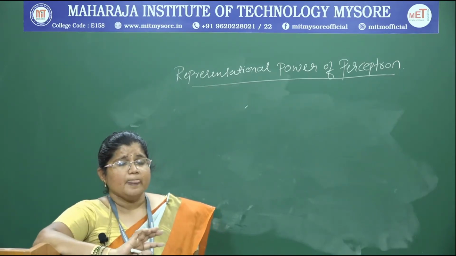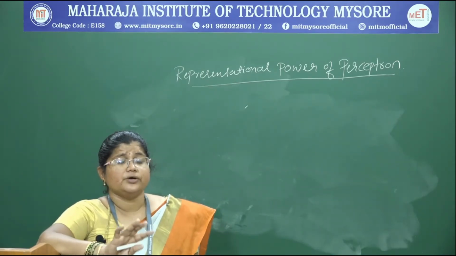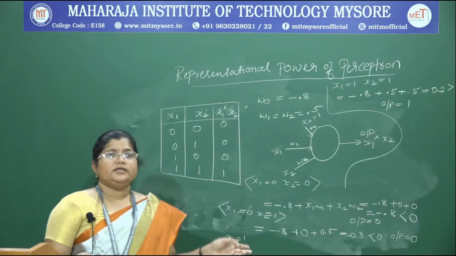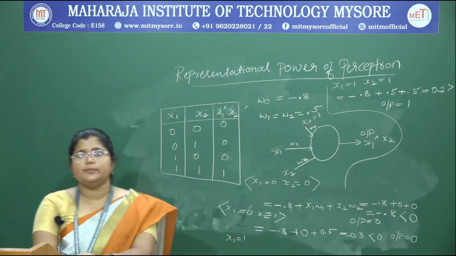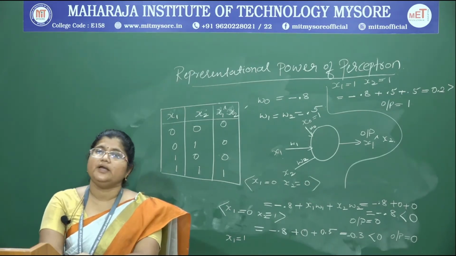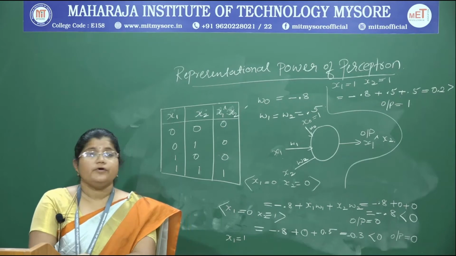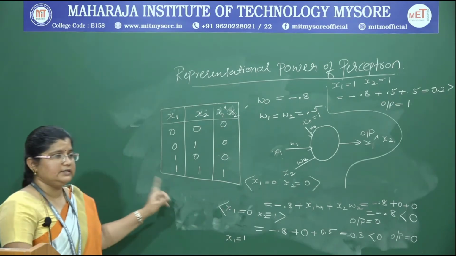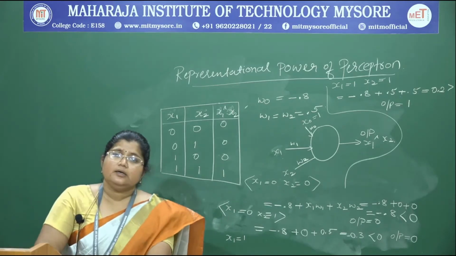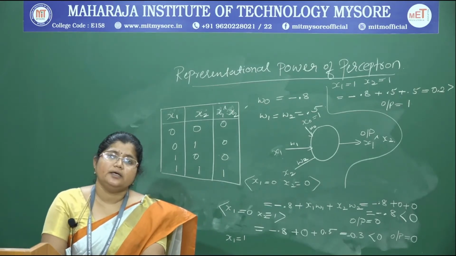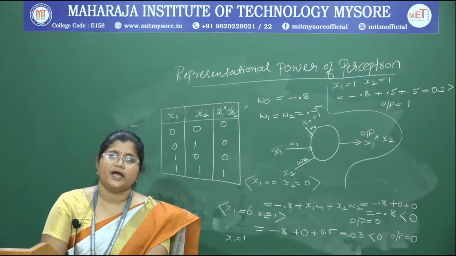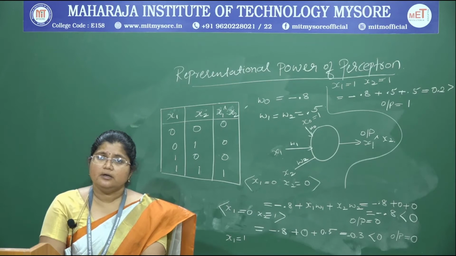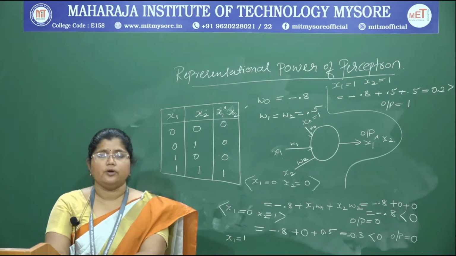But the first thing is, let us understand how it is going to represent the AND operation with an example. Let us understand how the single perceptron can be used to represent many Boolean functions. For example, consider the truth table of the AND operation. A single perceptron can represent an AND operation, OR operation, NAND operation, or NOR operation,